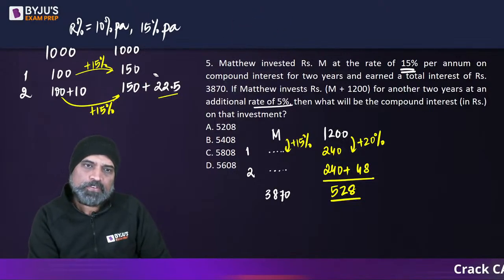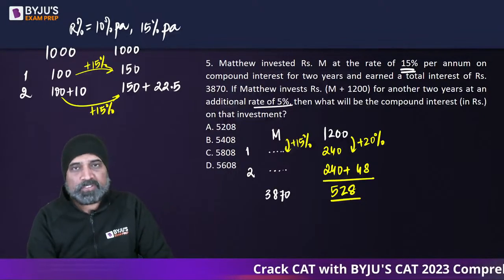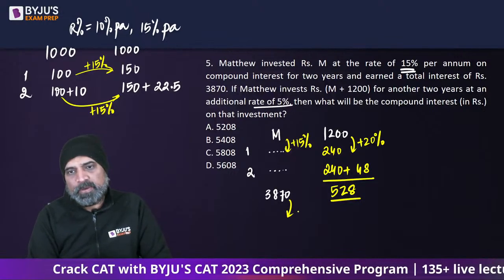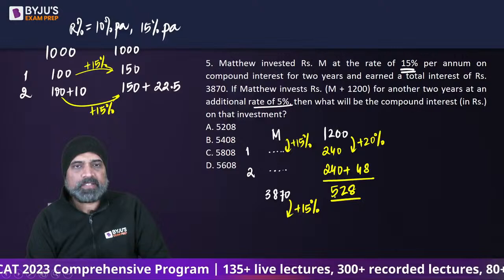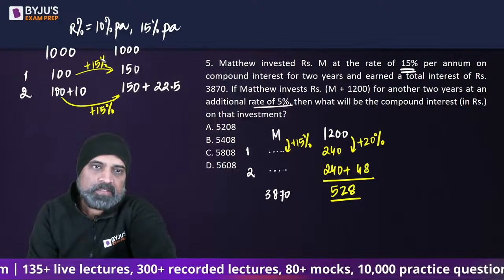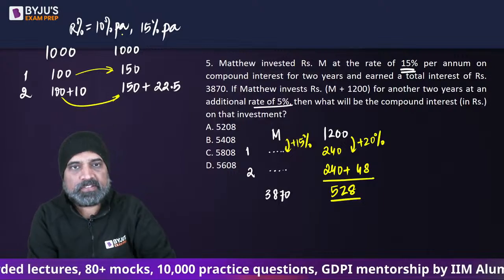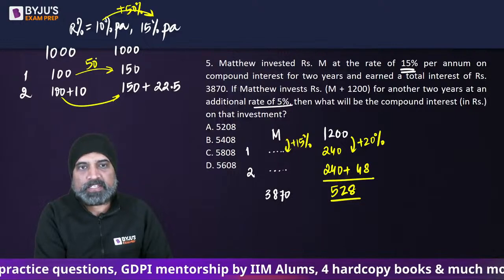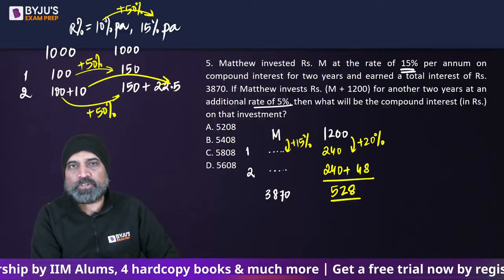Okay, fine. If I ignore this smaller component, we can say that our overall value will also increase by 15% approx, right? So if this is 3870, we are pretty sure 15% this will also increase, right? Sorry. It is 10% to 5%, this is not 15. So the rate of interest increased by 50%. So that means this will increase by 50%. The second year interest will increase by 50%, and 10 becomes 22.5,